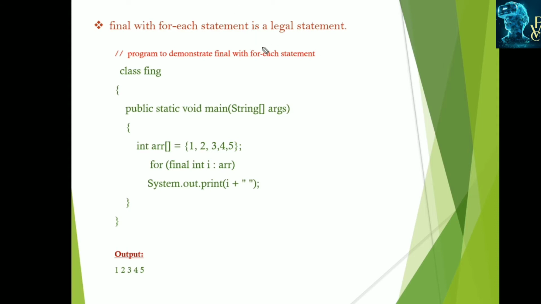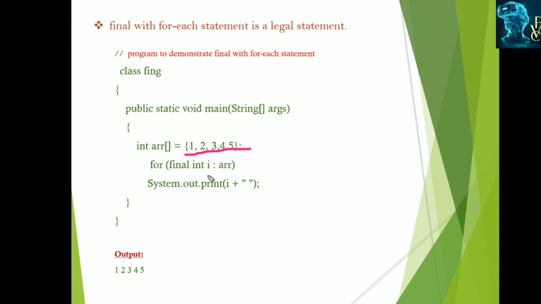For example, here we will observe in the example. Here we declare one array. The array is an integer array which has the values 1, 2, 3, 4, 5. Here I declare the loop variable as final. So this is only initialized once and it cannot be changed.